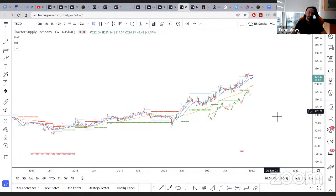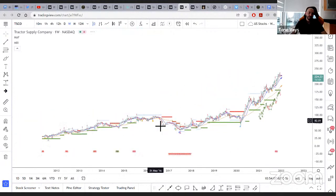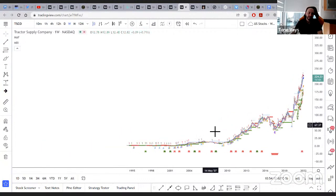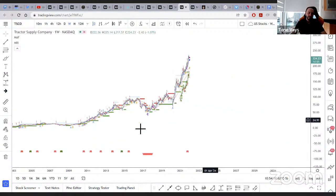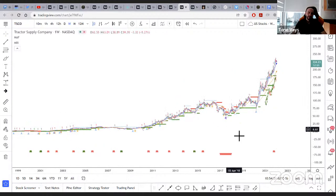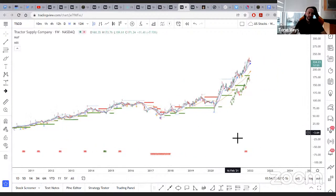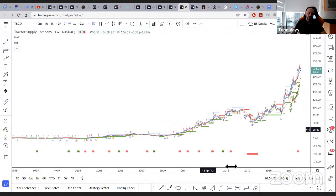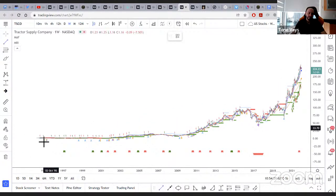Tractor Supply Company. I guess a lot of tractors are doing well in the pandemic. Whatever this company has done, they've done it amazingly well. Look at how they've performed. This is a potential hyperwave in the making. I'm not really sure why tractors would be in a hyperwave, but that is certainly a hyperwave